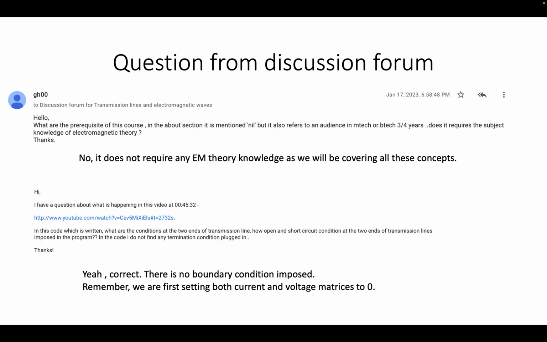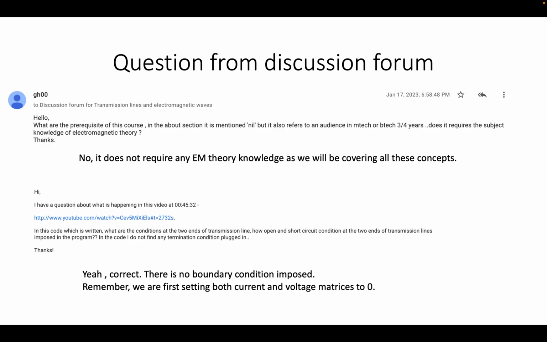So I will say no, it does not require any EM theory knowledge, because as we go deeper in the course, you will see that we will start with the Maxwell equations. So you don't need any prior knowledge of electromagnetic theory. If you don't know some principles of EM theory, then it's okay, because we will be discussing it